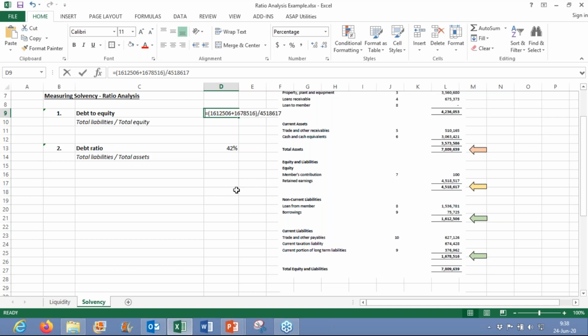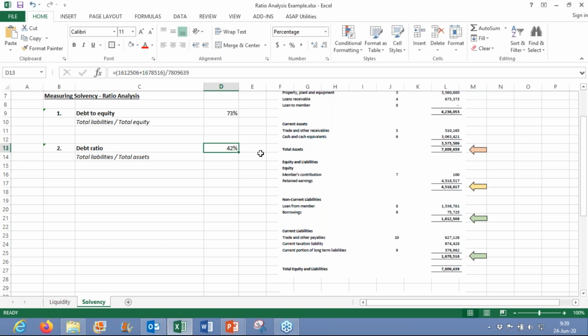So, just to illustrate that, I had to take out, see here, the 1.5 million. I've just put my cursor there for you to see it. If I take this ratio that I've calculated and I take my total liabilities and I deduct the member's loan, you can see that it drops down to about 39%. So the actual external or interest-bearing debt is quite low in relation to the equity in this company. Obviously, when we look at total liabilities from a complete solvency point of view, we are going to include the member's loan.